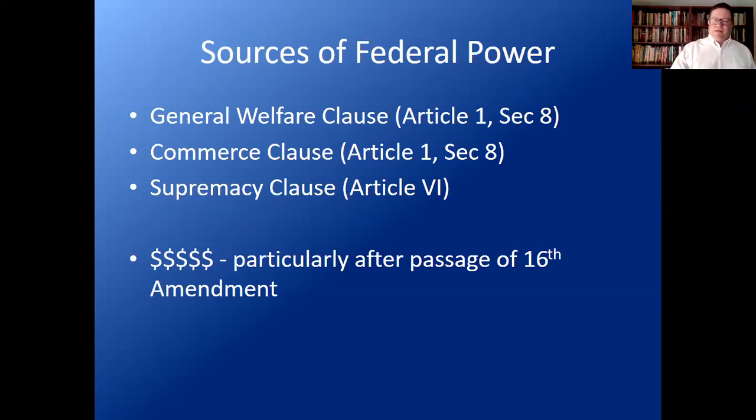Now, there's one thing that we left out, and something that's not talked about in the original federal Constitution, is the idea that the federal government has an enormous taxing power, right? They have the ability to tax the entire country and the entire tax base of the entire country. And also, in some cases, if you think about tariffs and various other things, they have the ability to tax goods coming into the country. So one of the key sources of leverage for the federal government in order to carry out things that aren't necessarily listed in the Constitution is the ability to tax and redistribute that money